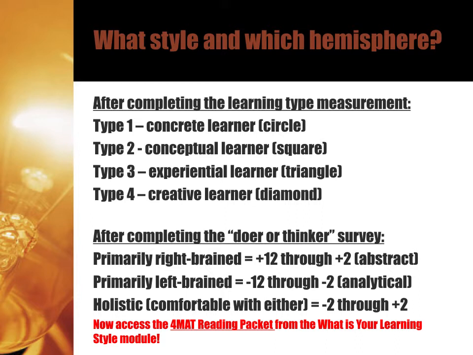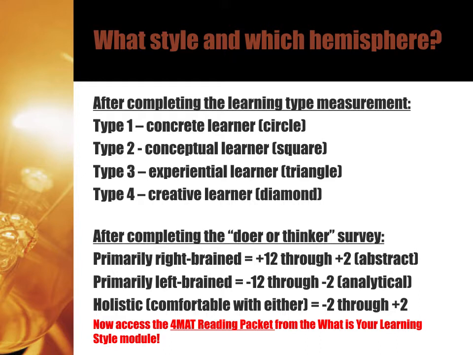From this slide, and you probably could reference this also from the two different surveys, there are some categories. So from the learning type measurement, and this may be a bit of an oversimplification, but I think it's important when we get ready to use this information as part of our instructional differentiation, there are four primary learning categories. Type 1, which is the concrete learner. That would be the circle. If you had the high score on your measurement, that was the circle,